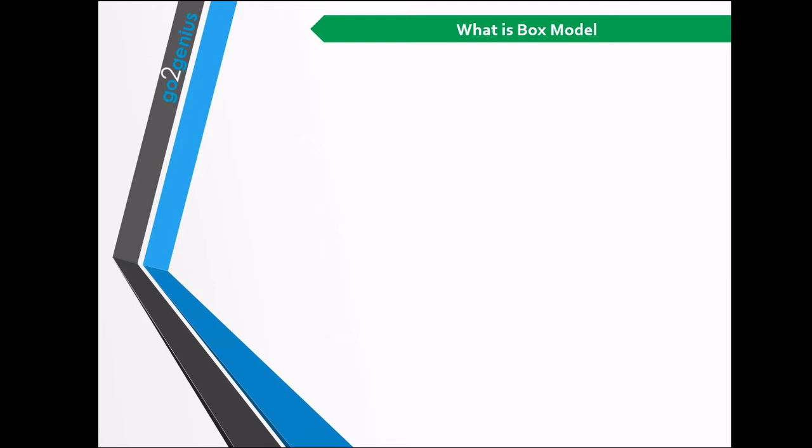In this video, we will learn about the CSS box model. So what is the CSS box model? As we know, all browsers consider all HTML elements as a rectangular box on a web page. The CSS box model describes how these rectangular boxes create a layout on a web page. These boxes can have different properties and can interact with each other in different ways. But every box has a content area and optional surrounding padding, border and margin areas.